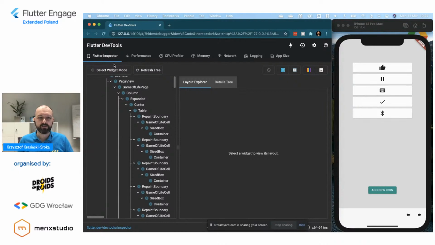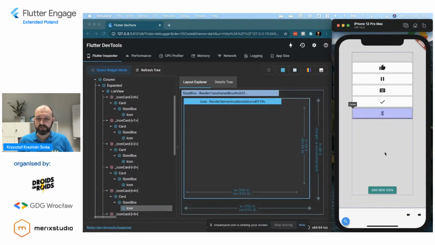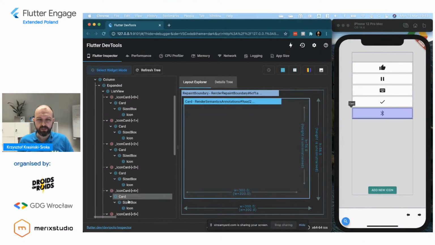Flutter DevTools has this really nice select widget mode, where I can just point at some widget and see its layout. So I can see, this is actually the icon, nicely embedded into something, and we see these very thin borders around several widgets. These basically denote where the widgets start and end. And we can see the layout of these widgets.